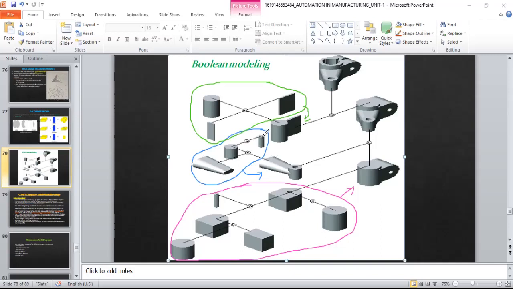This middle cylinder had to be subtracted from this body to be able to create that hollow one, right? And that hollow one in union with this gave rise to this. That's how you were able to get that.